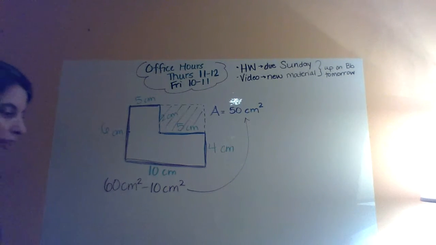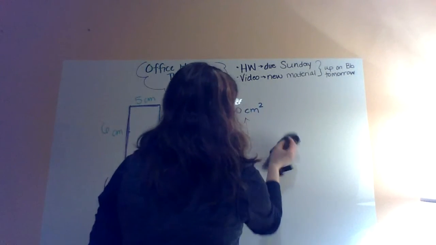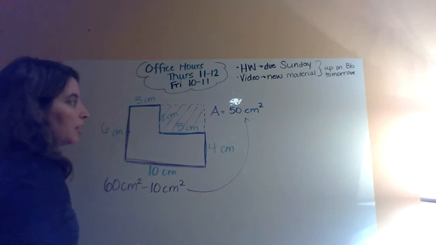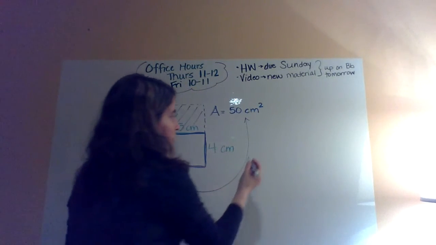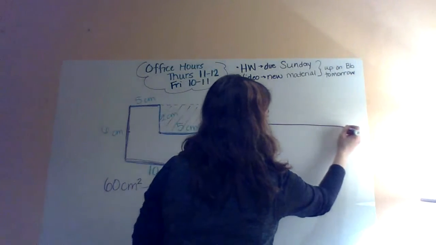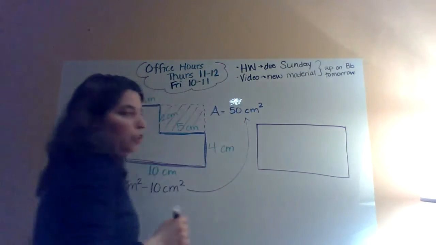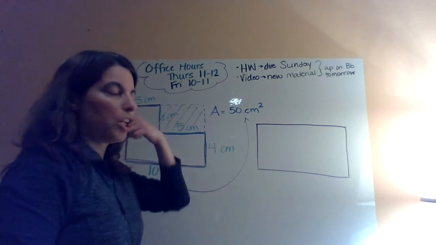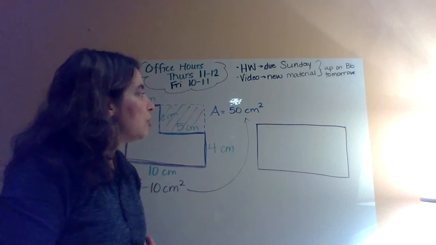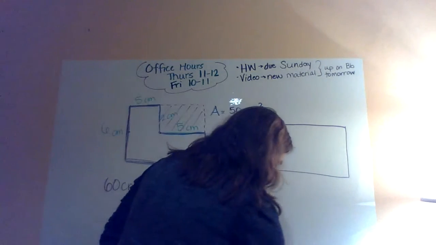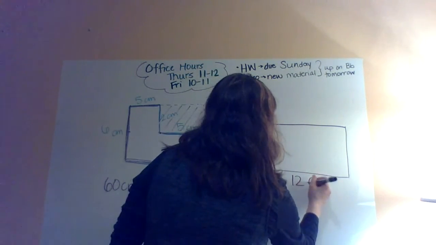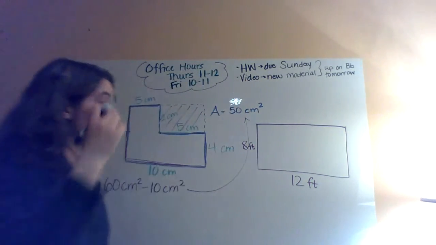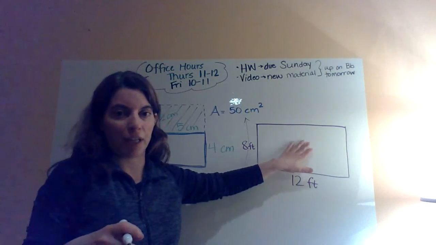Okay. And then the last thing we did was another kind of finding the area of a shape that we don't have a formula for. So let's say that I am going to paint a wall, right? And if you go buy paint, it tells you on the paint can how many square feet it will cover. So you don't want to have to buy more than you need. So I have this wall, and my wall has dimensions of 12 feet, so it's 12 feet wide and 8 feet tall. Okay? So I could multiply these and get 96 square feet, and that's how much I'm going to